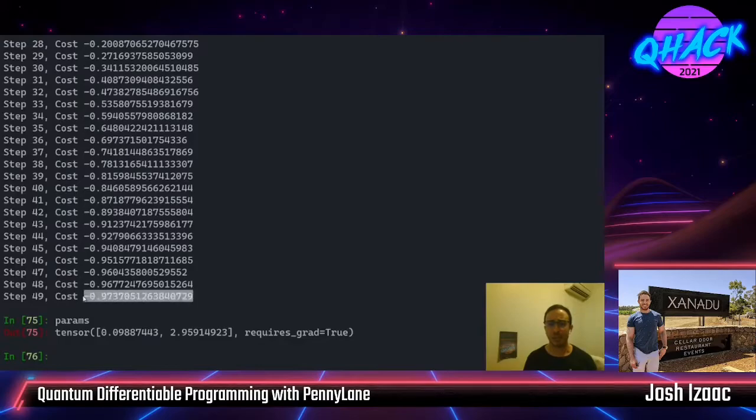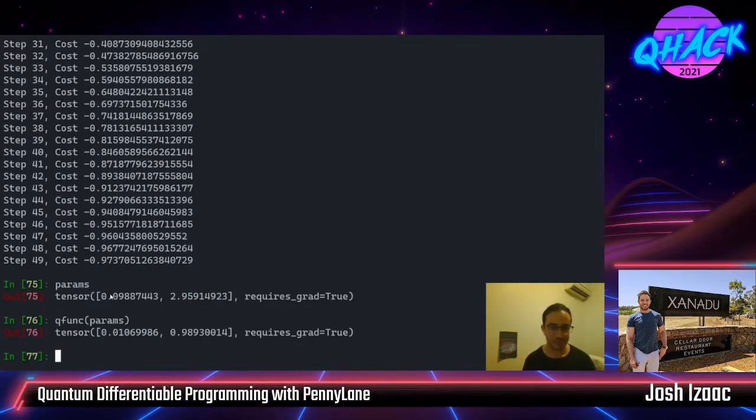However, the cost function value doesn't really tell us much. Have we minimized the probability of measuring the ground state and maximized the excited state? To do this, we can evaluate our QNode with these new optimized parameter values. And you can see we've done a pretty good job. So the ground state now only has a 1% probability of being measured, whereas the excited state is almost 99%